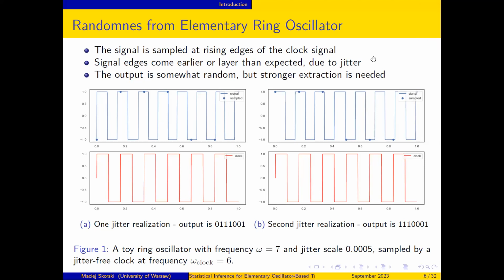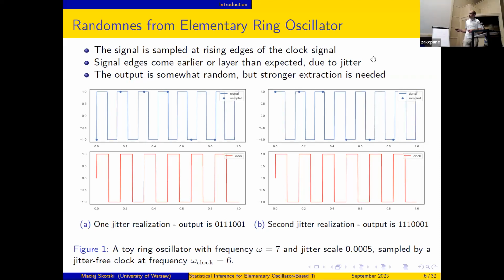They are slightly perturbed. This is perhaps more visible and obvious if we confirm this with the figure below. So in red, we have a reference clock, and we just read samples from the target signal at the rising edges of the clock signal. So this is the first rising edge, and I land at -1. This is the second rising edge, and I land at 1. Third rising edge of the clock, and I land here. Fourth rising edge, and I land there, and so on.